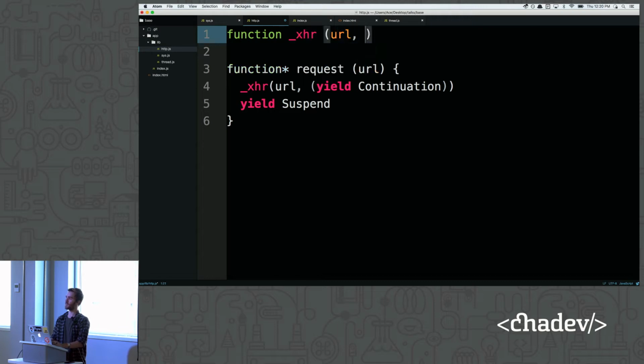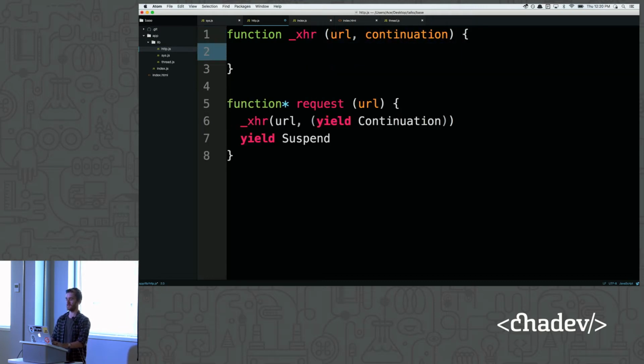Because this one doesn't care about our scheduler. It doesn't care about anything. It just cares that it can do something after something happens. So let's go ahead and do some